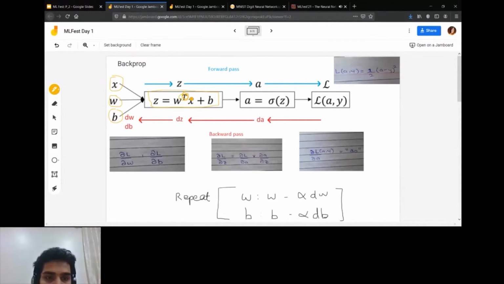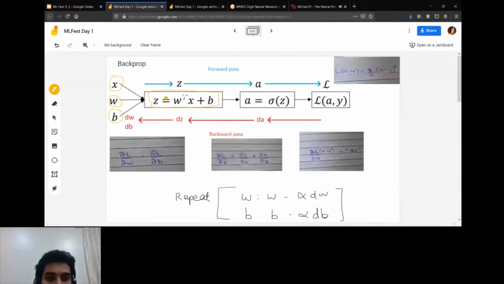The T here is basically the transpose, because we don't really solve equations one by one. Since we have lots of weights and biases, we convert all those inputs into vectors and put the weights in matrices. So to make this equation right, we add a transpose. But for now, just understand that we have some input X, weights and bias, so we won't really need this T.